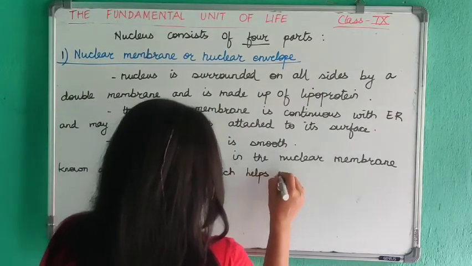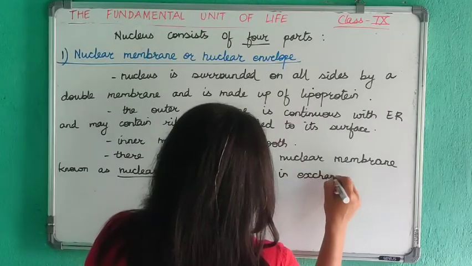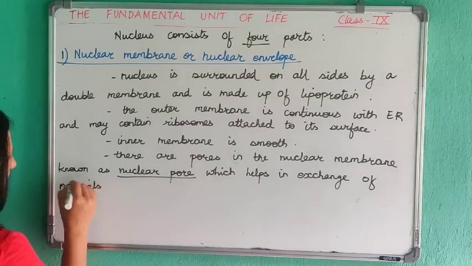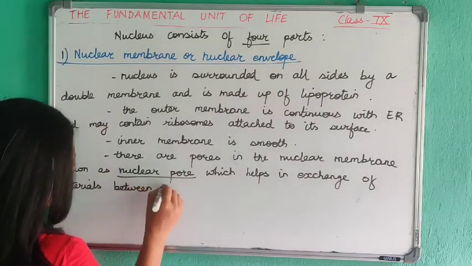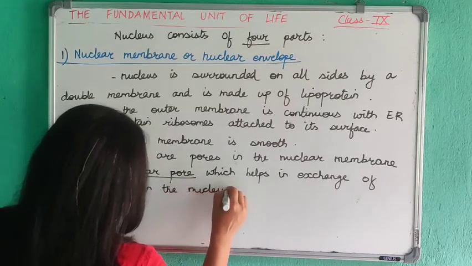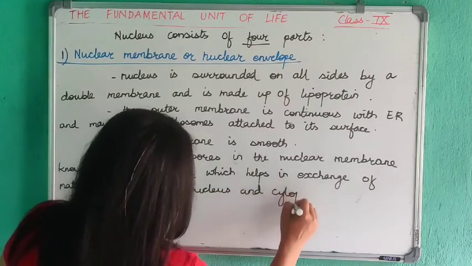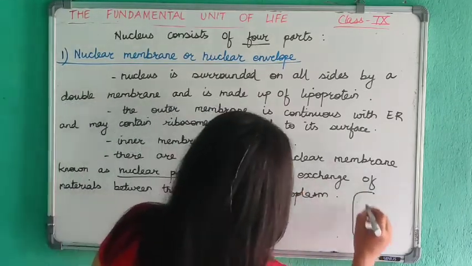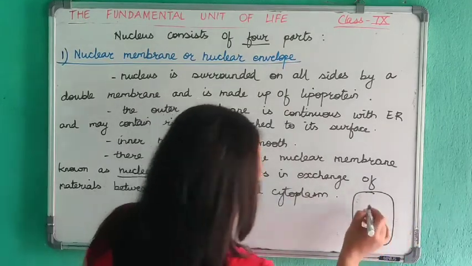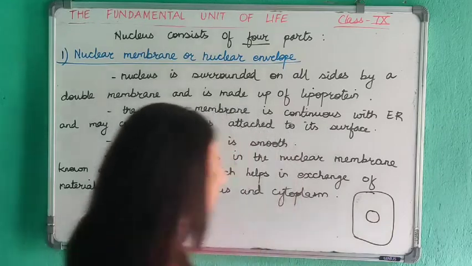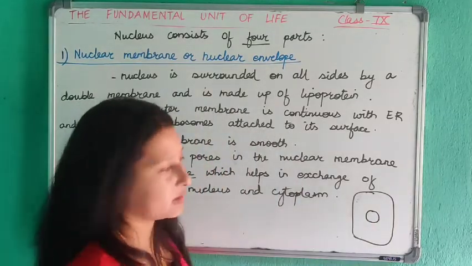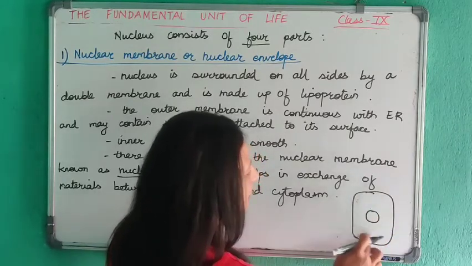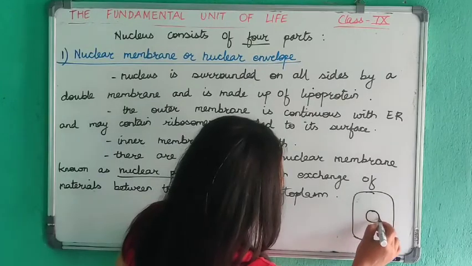which helps in exchange of materials between the nucleus and cytoplasm. Now, if you look at the structure, I'll just make a small structure because you already know it. This is the cell membrane. बीचमा cytoplasm हुन्छ. Inside the cytoplasm, nucleus is embedded. Now, since nucleus को बैरपट्टि cytoplasm छ, so यो जुन चाहिँ this is the nuclear membrane, this is